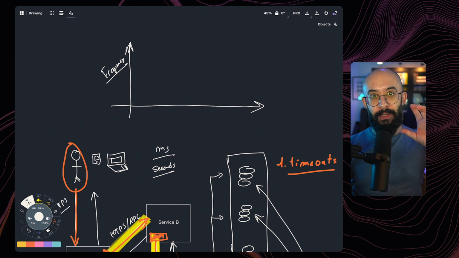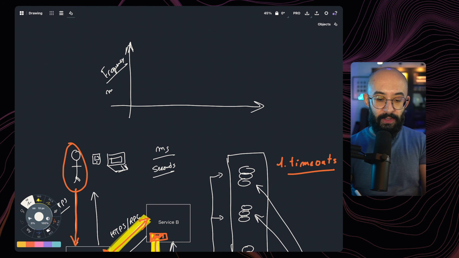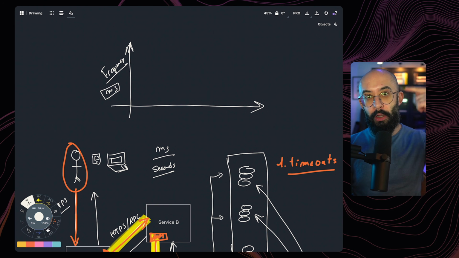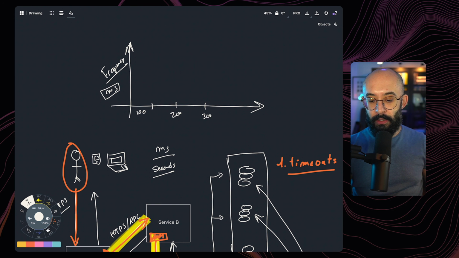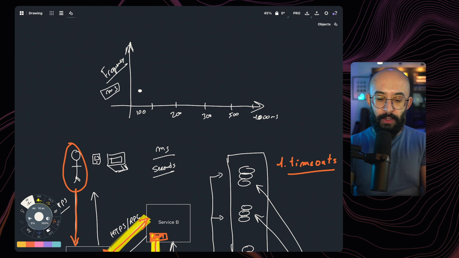of a certain latency. So let's say in here we have in milliseconds how much time it takes to make a call from service A to service B, or maybe even the full path, service A to service C. And let's say here in the milliseconds, it takes 100 milliseconds. That's the first bucket. And then we have between 100 and 200. And then we have between 200 and 300, 300 to 500, let's say, and then maybe 1 second, which is basically 1000 milliseconds.